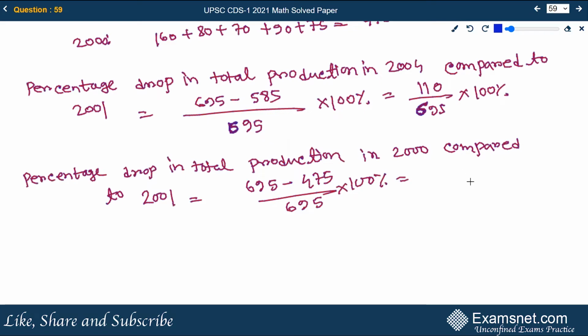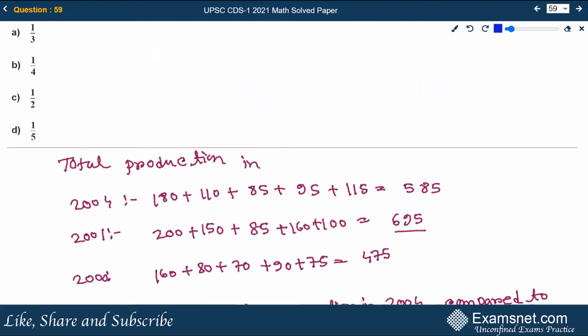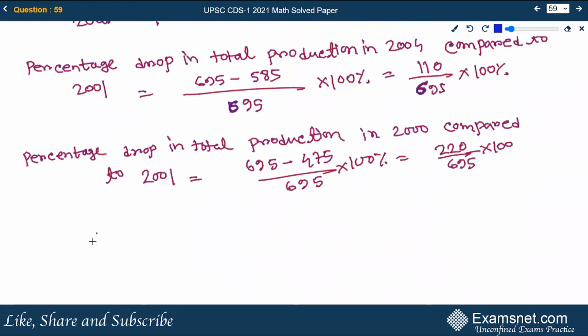Okay, so it will result in 220 by 695 multiplied by 100%. Here we are required to find the ratio of percentage drop. So therefore the required ratio is 110 by 695